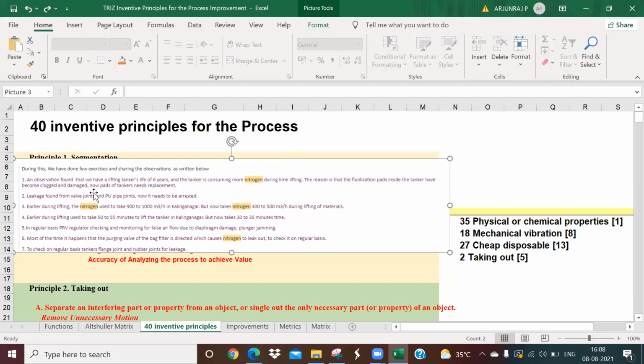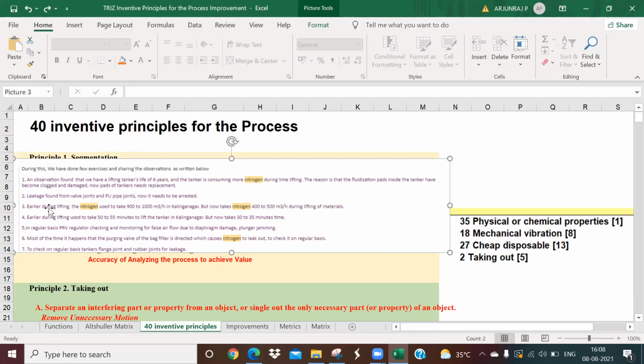You also need to see some ideas on where you are getting the fluorescence pads, who is the supplier. Can you go for a new supplier? Can you go for new variants or an improved one with advanced technology, in such a way that it will help in not getting damaged or not getting clogged? In that way also you need to go for it, and then you have to analyze it.